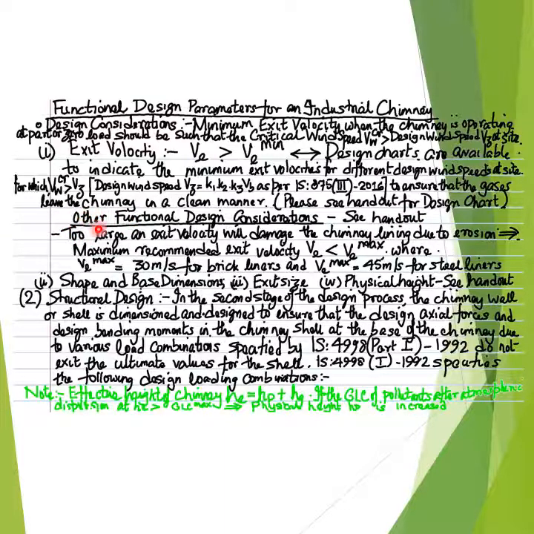For example, the functional design considerations that govern or dictate the maximum and minimum limiting values of the exit velocity of the emanating gases discharged from the top of the industrial chimney, as presented in the annexure at the end of the current lecture series, may be stated as follows: